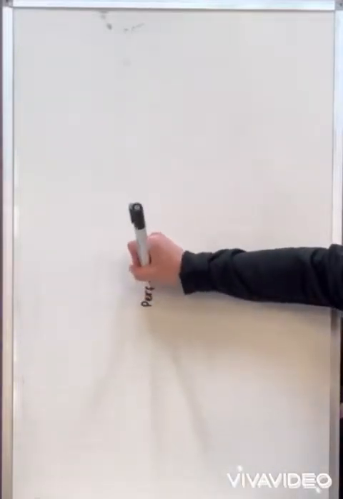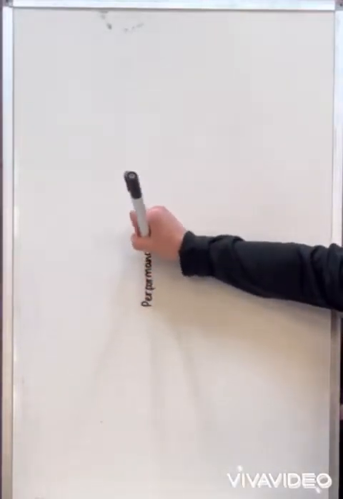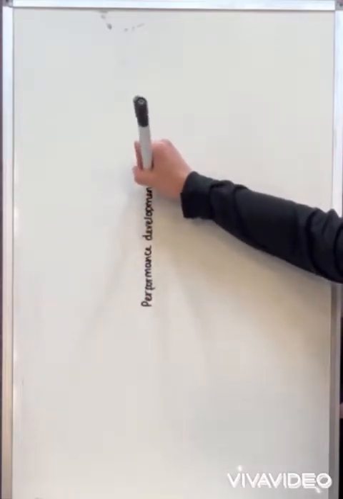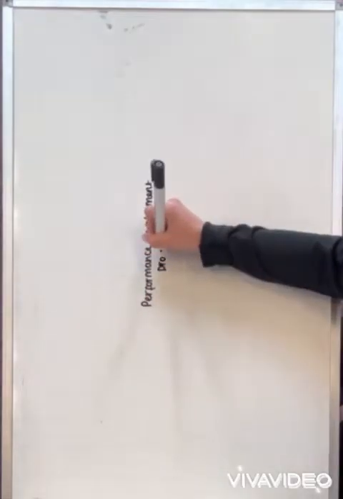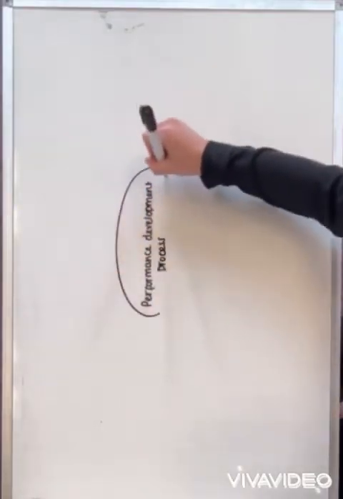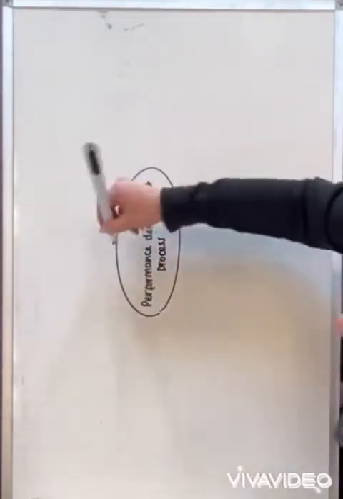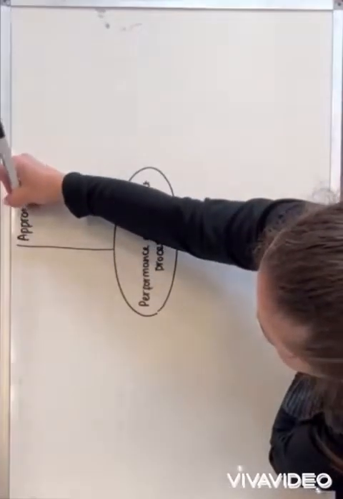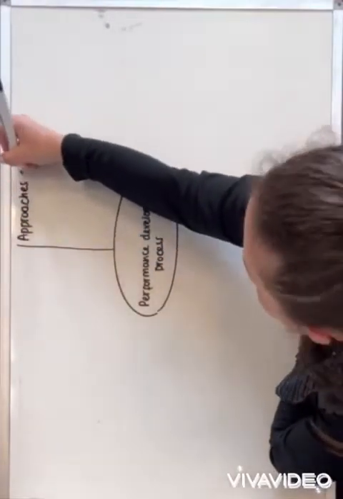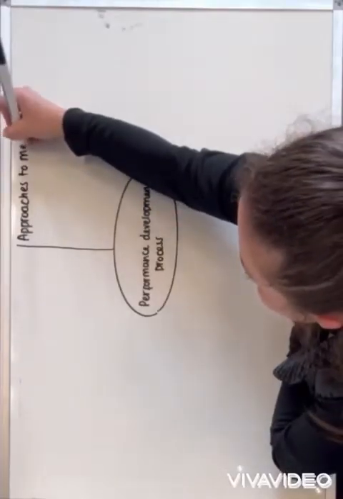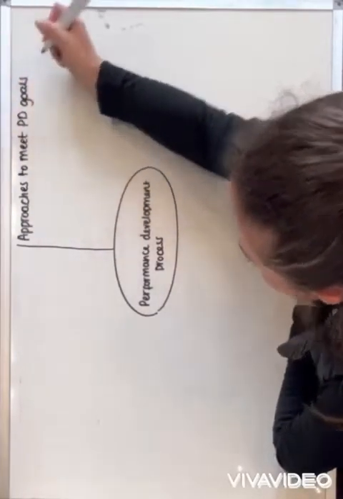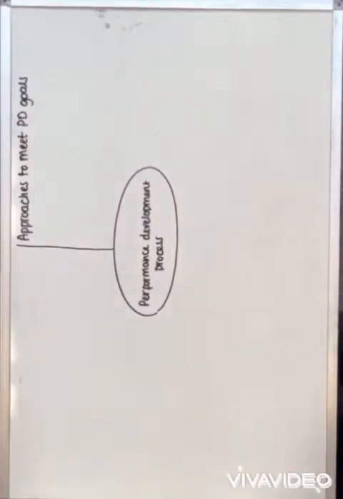So in this video, we are going to be looking at the performance development process section of your mandatory information. And for this one, there are two different sections within this that we need to talk about. The first of which is the approaches that we use to help us meet our performance development goals. So you need to be able to have a list of approaches that you know for each of the 4